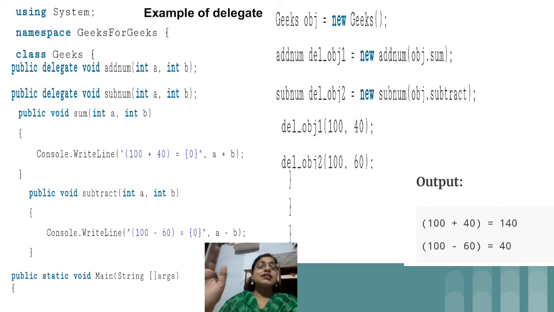Okay, so this is an example of delegate. These are the basic steps. On the basis of this only, we have the next topic, multicasting and event handling. So this should be very clear in your mind: how to create a delegate, how to declare it, how to create methods, and why we are using a delegate. Because if you see, we never passed a method as a parameter to an object, but now because of delegate it is possible that we can pass a method as a parameter. Okay, so this is delegate. I hope you have understood.